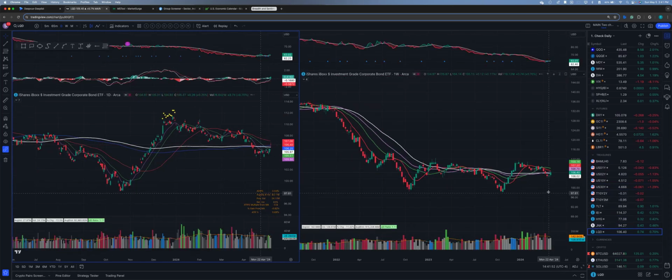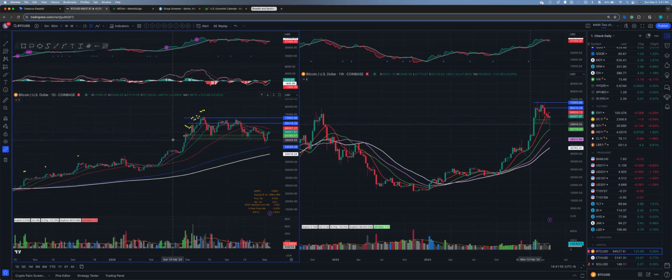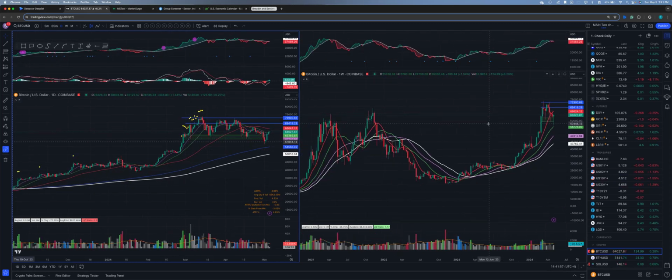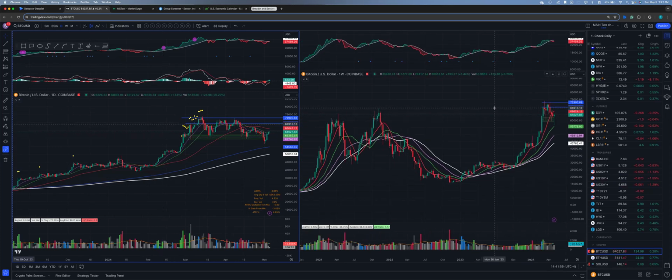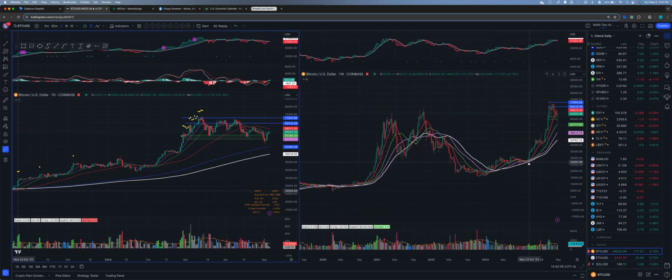And just finally, Bitcoin. Been talking about this for weeks now. I mean, this weekly is starting to really become quite nice. We undercut the base, found support near the 20-week simple moving average, and reclaimed that base. It just made sense that after this